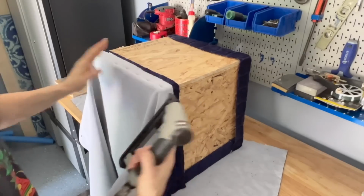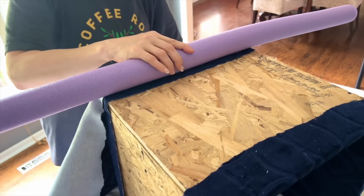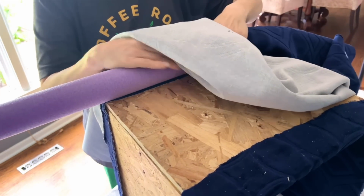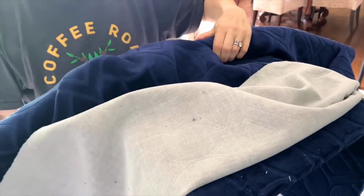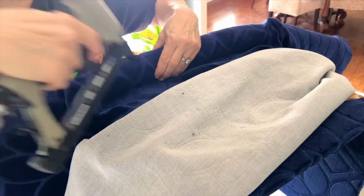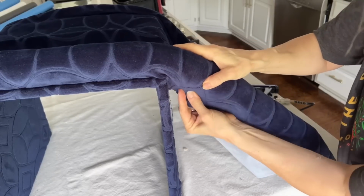Now take a large piece of fabric, find the center of one edge, and staple it wrong side up to the center of the box. Now place a pool noodle from the dollar store and center it on the box, tucking it in against the stapled fabric. Wrap the fabric over the noodle, pulling the fabric taut and securing it with the staple in the